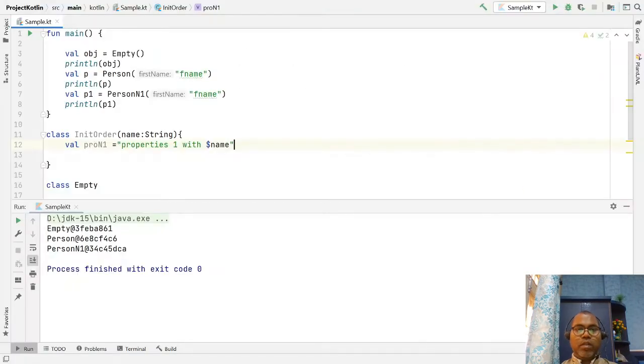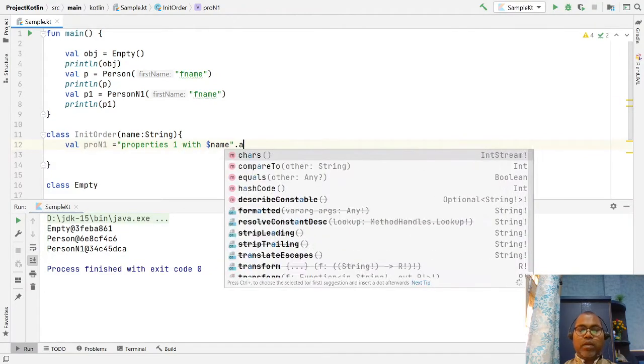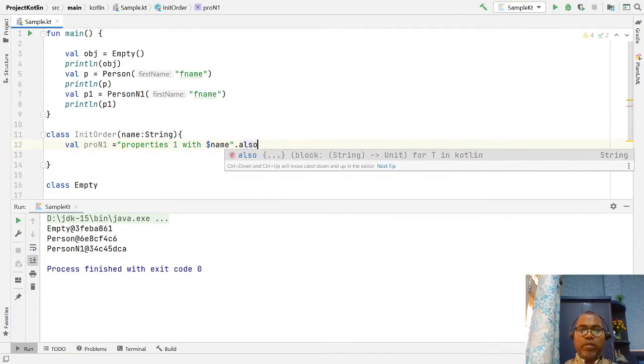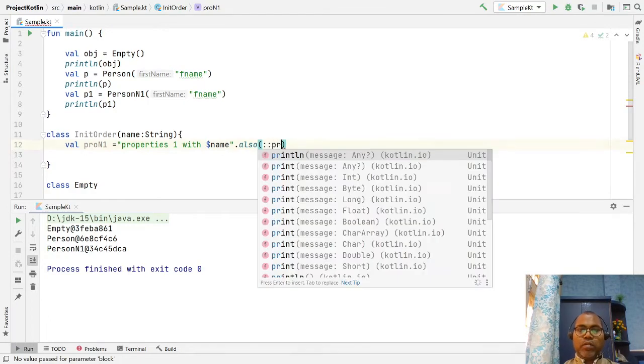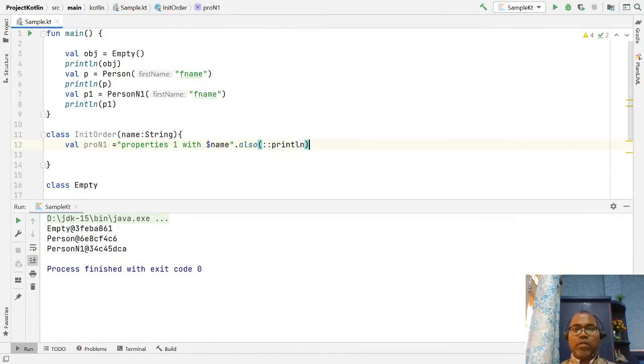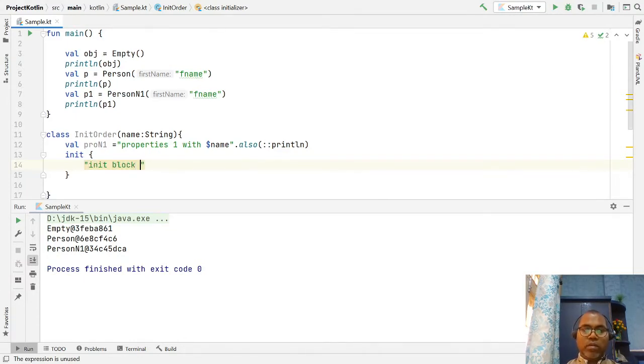We also have a method like println, so with that you can print the value as well. And here we can write your init block, and here you can write: init block is invoked for dollar name.